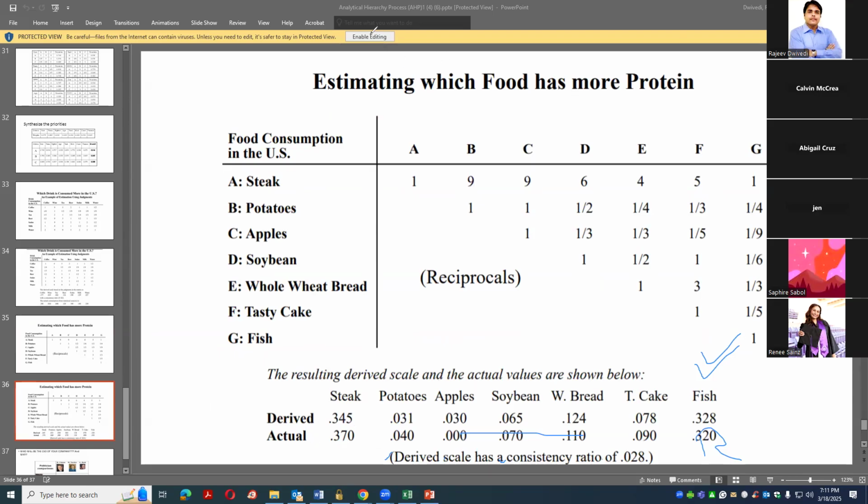Derived from matrix, derived from AHP work, which is 0.345. Upper is original one, and lower is derived. So this is AHP work, and this is real work. And the consistency ratio is about 3%, which is less than 10%. So,